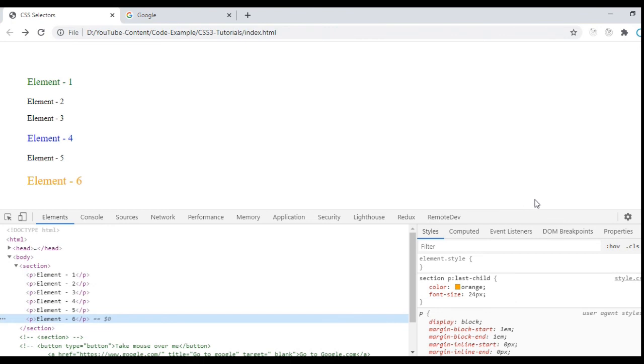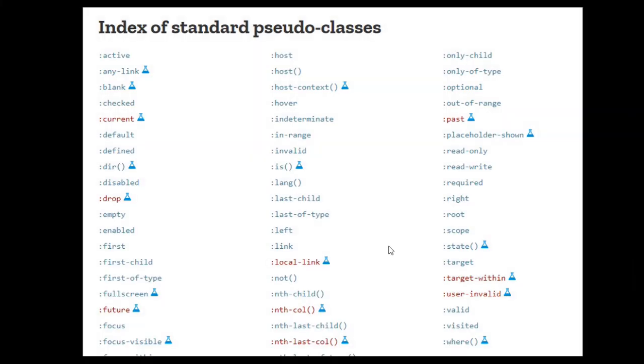So friends, I hope you have understood how we can use the pseudo classes and what is the syntax for this and how to write the code to get the special state for the element into the CSS. Here we have lots of pseudo classes. Now do the practice in your code by using all these pseudo classes. So friends, see you in next video.